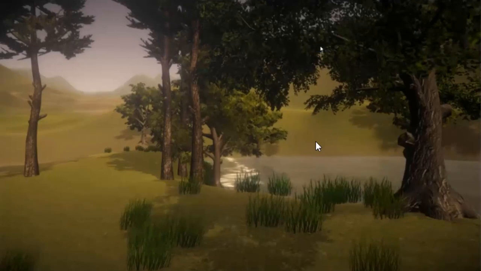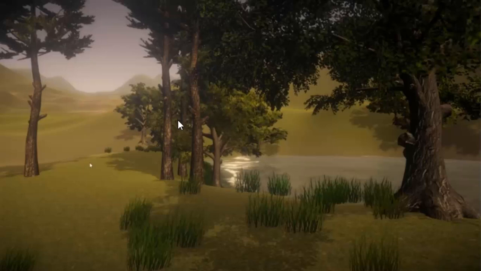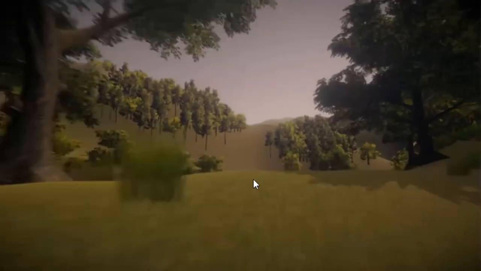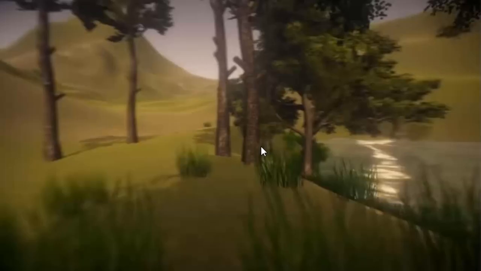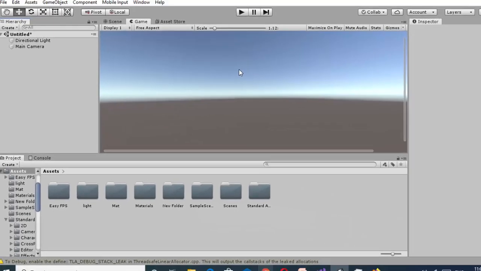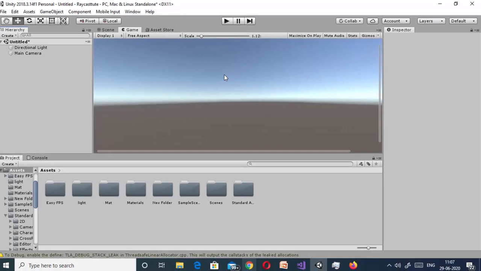Here we can see that there are various trees, grass, ups and downs, hilly areas, mountains, water, and we can navigate in the terrain. Now in Unity we will see how we can create a game object which works as a terrain.